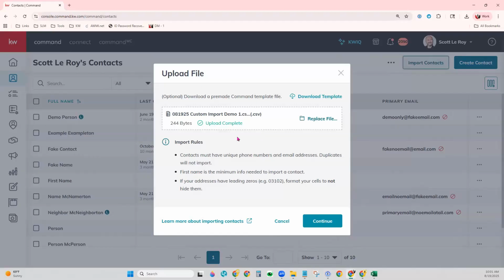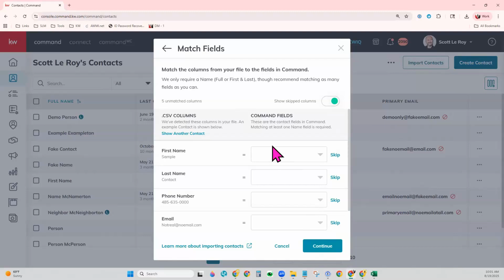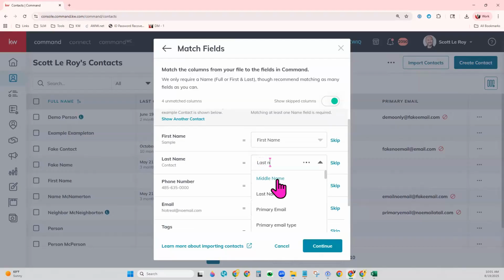However, now that I've dropped it into Command, I need to click Continue. And this is where the elbow grease comes in. You will need to match the columns that were on your spreadsheet that you labeled to the fields in Command. So for first name, you'll need to come over here and type first name and select it. Last name,